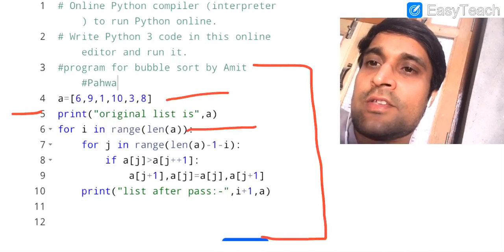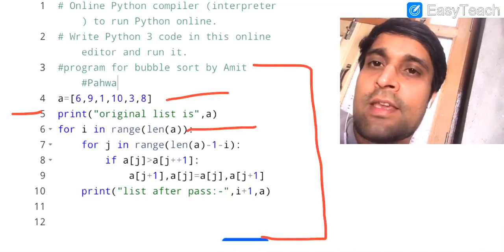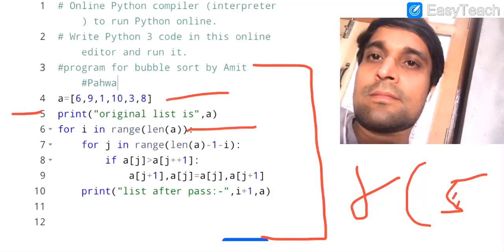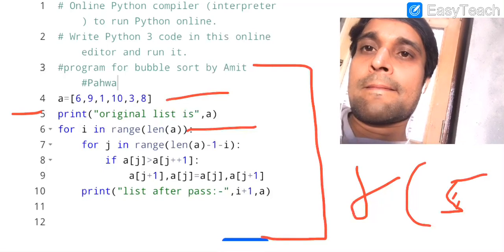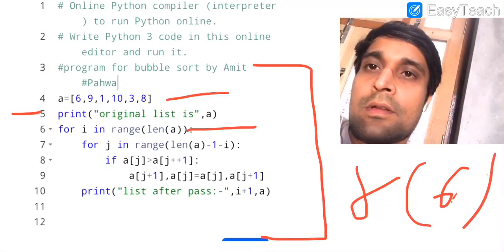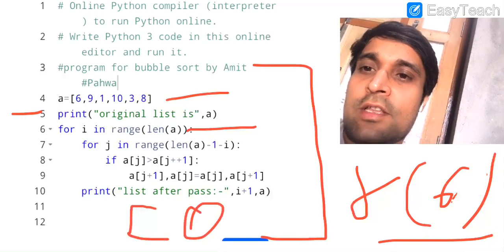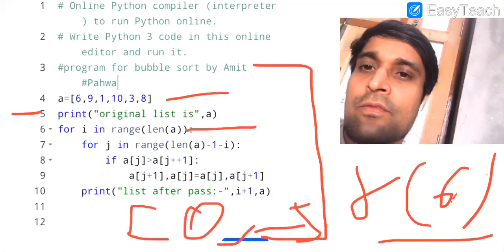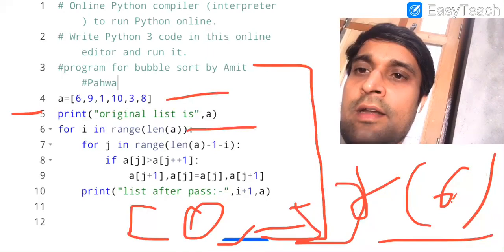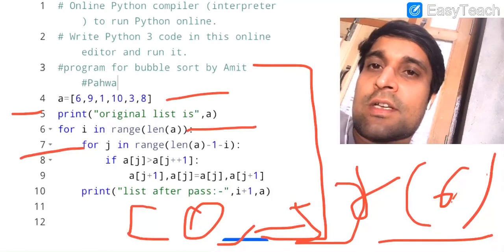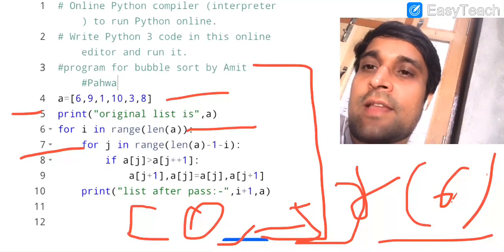Thereafter, for i in range length of A. Length of A is 6, so it means the range function will have argument 6. Therefore it will generate a list of integers from 0 to 5, and then we are using one more for loop here. It means we are using the concept of nested for loop here: for j in range length of A minus